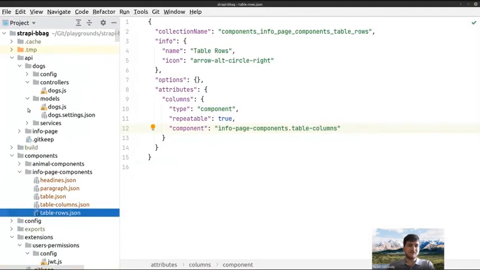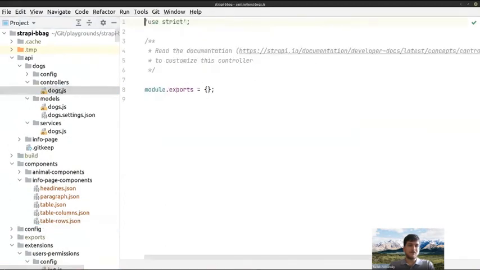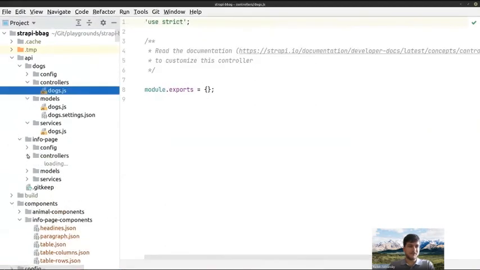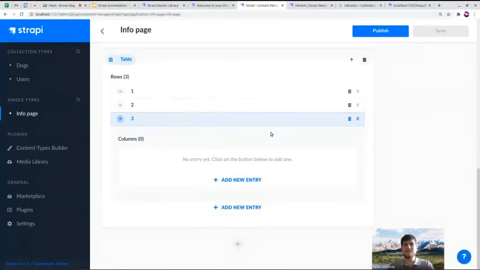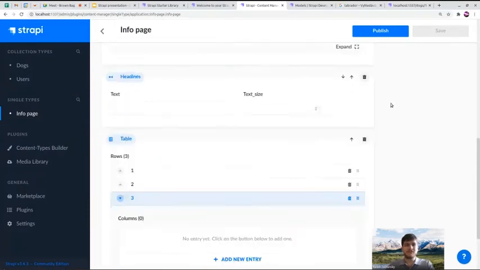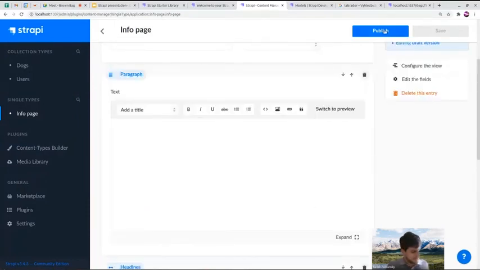These files here, where you can override the functions, and you can do your validation here. So you can check that each row of the table has the same amount of columns, and fail the validation if it doesn't. So we publish it,